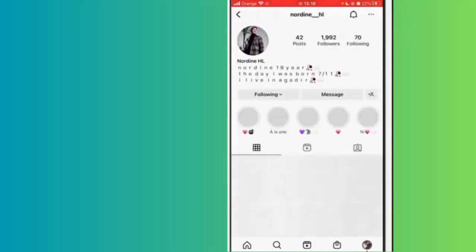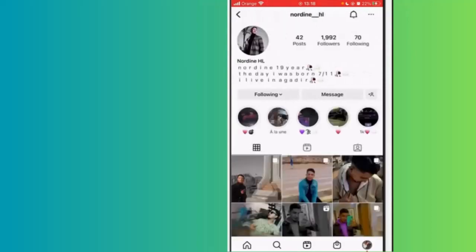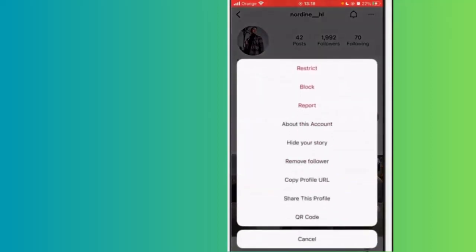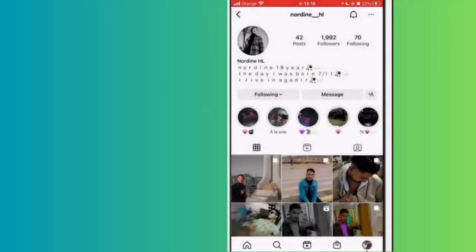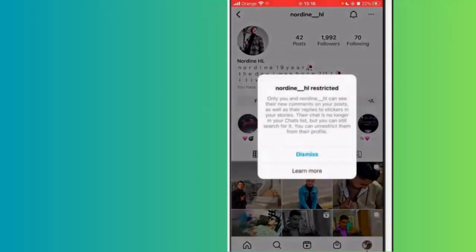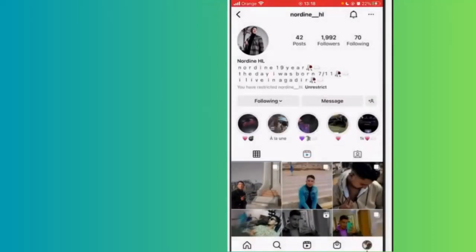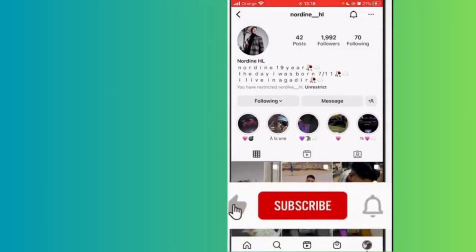Now, as you can see here, guys, if you want a specific friend to not be able to see your following list, you want to click on the profile of that friend. For example, I don't want this friend to see my following list. It's very easy and simple. You want to click the 3 little dots in the top right, and then you want to click restrict. Okay, at the top it will say restrict. You don't have to block them, by the way. You can just click on restrict and then click dismiss, and that's all you need to do, guys. So it's very simple and easy, even on people that you have on your